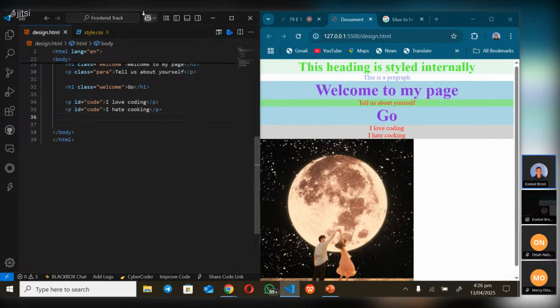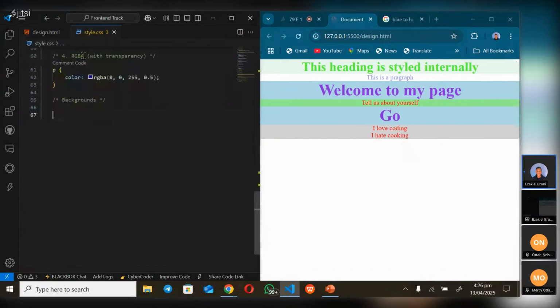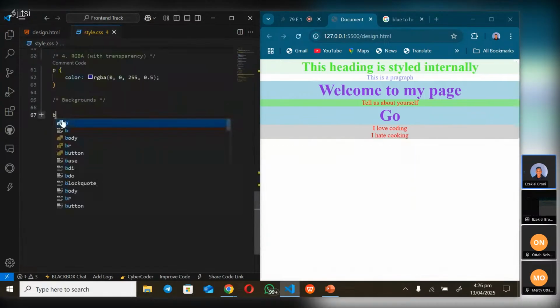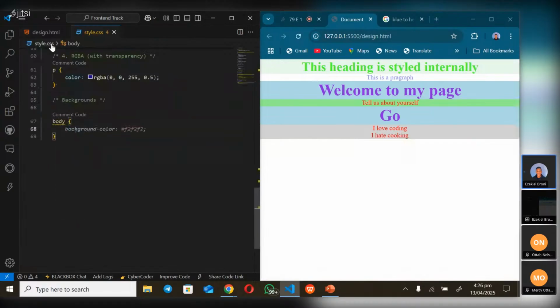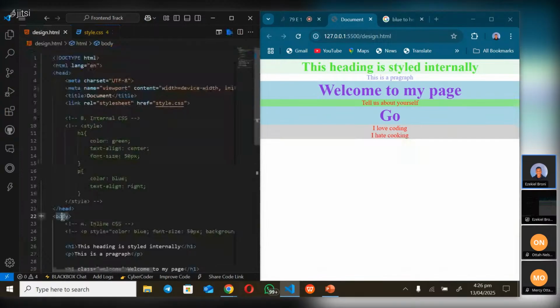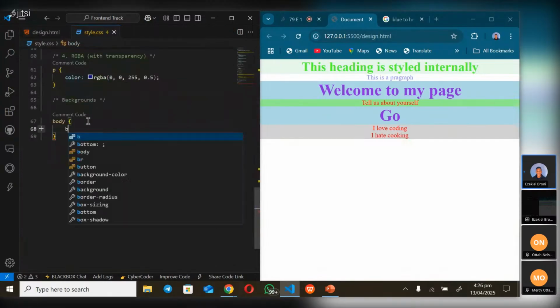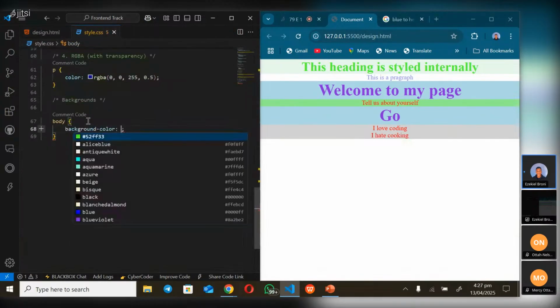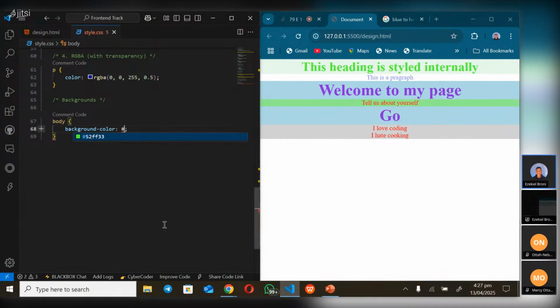So now I'll start with my body tag. I'm targeting this body tag. Then I'm saying I want to change the background color. What will happen here is that everything will change, this whole body will change. And I want to change it using a hex value, saying maybe